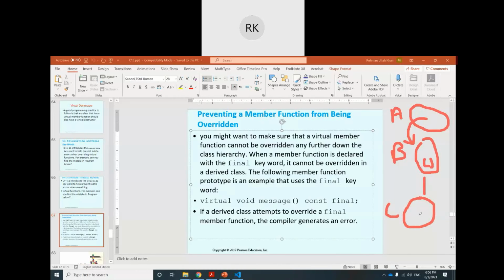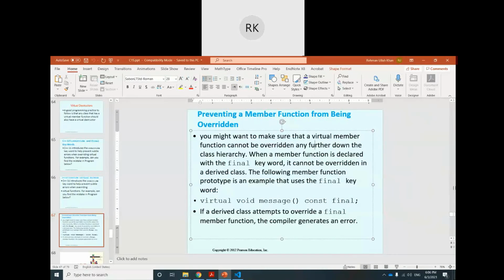If we inherit class C from class B, and we want the overriding to stop at this level, then there is another word introduced by C++11, which is the final keyword.